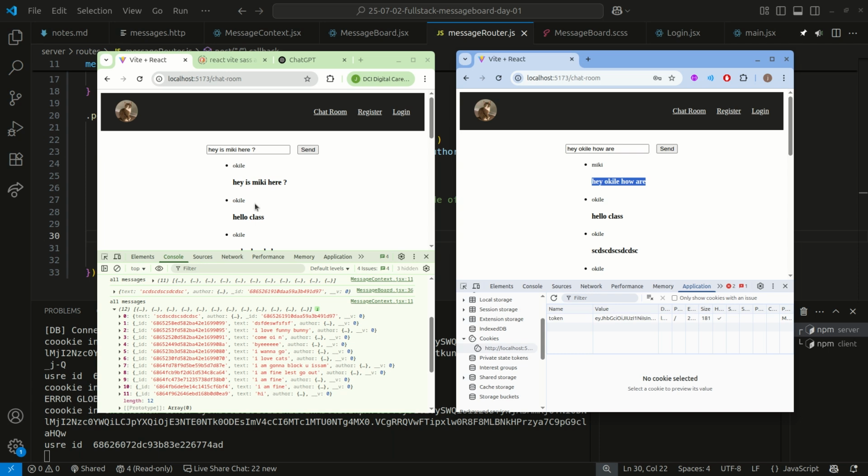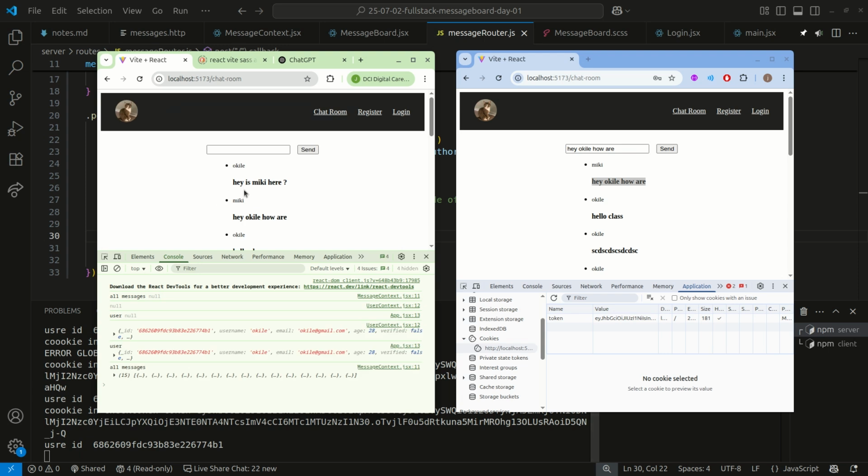It's not about web development now. It's about updating stuff, like a live version of a chat room. Because we don't have Socket IO, you can do it manually anyway. But if Okile just refreshes the page, he can see Mickey's message, hey Okile, how are you? Or if Mickey refreshes the page, he can see,